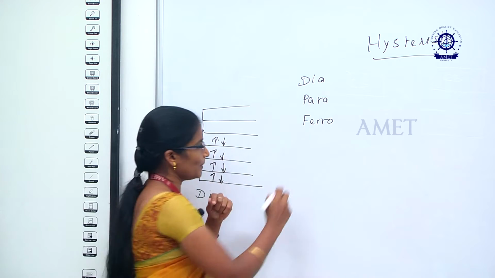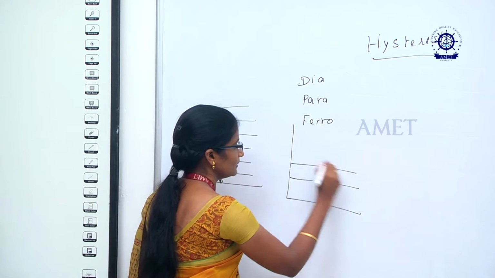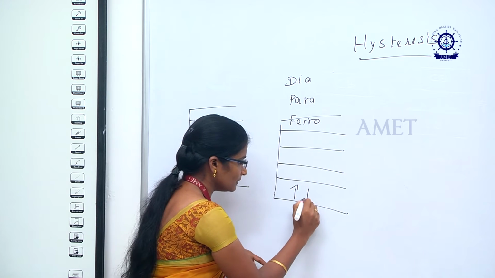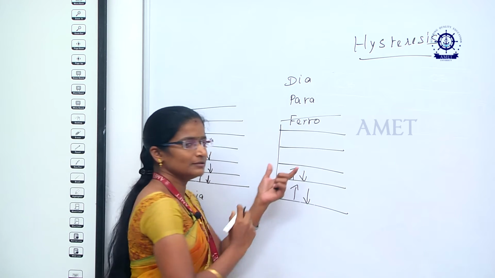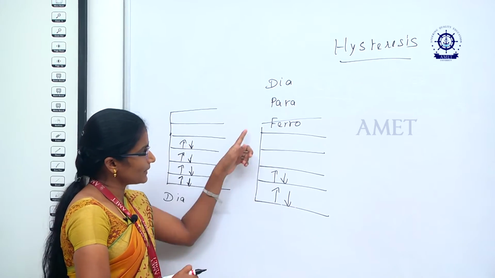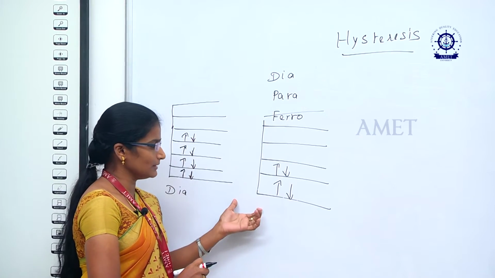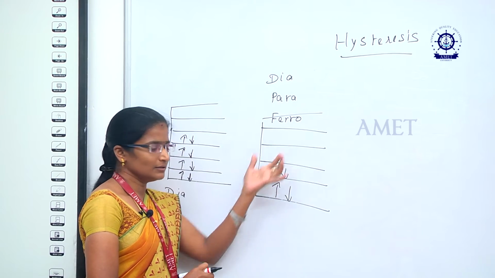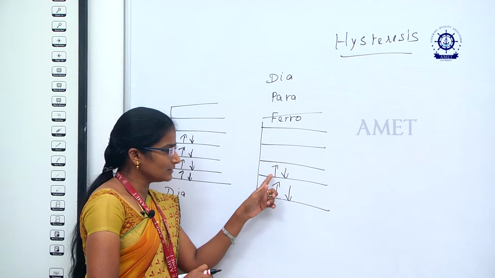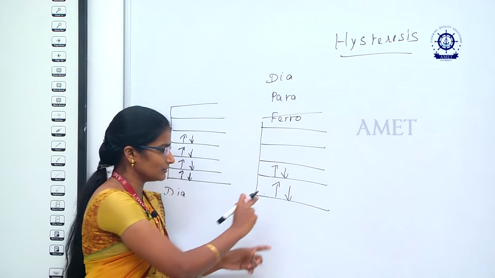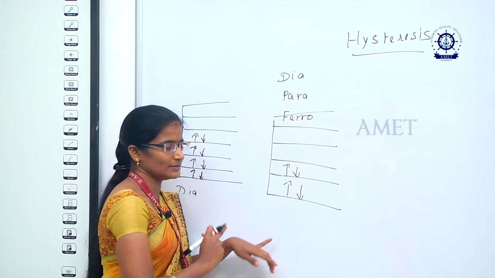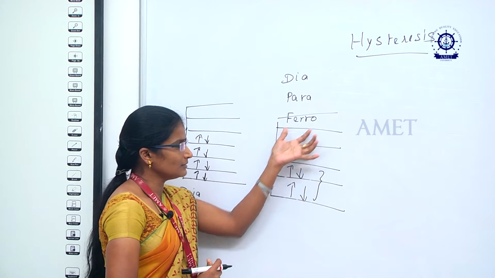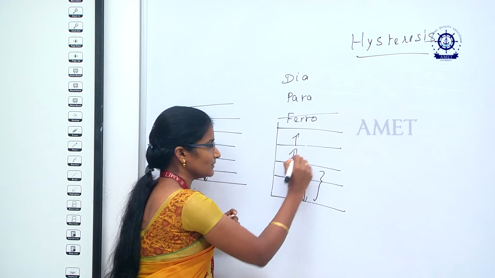In the case of para, the energy level has different orbitals, and the electrons are arranged like this. In paramagnetic material, the electronic configuration is like this, having different orbitals. The electron spins are arranged in this manner: one is up, one is down, opposite spins. So some of the orbitals have spins like this and some of the orbitals have a single spin.